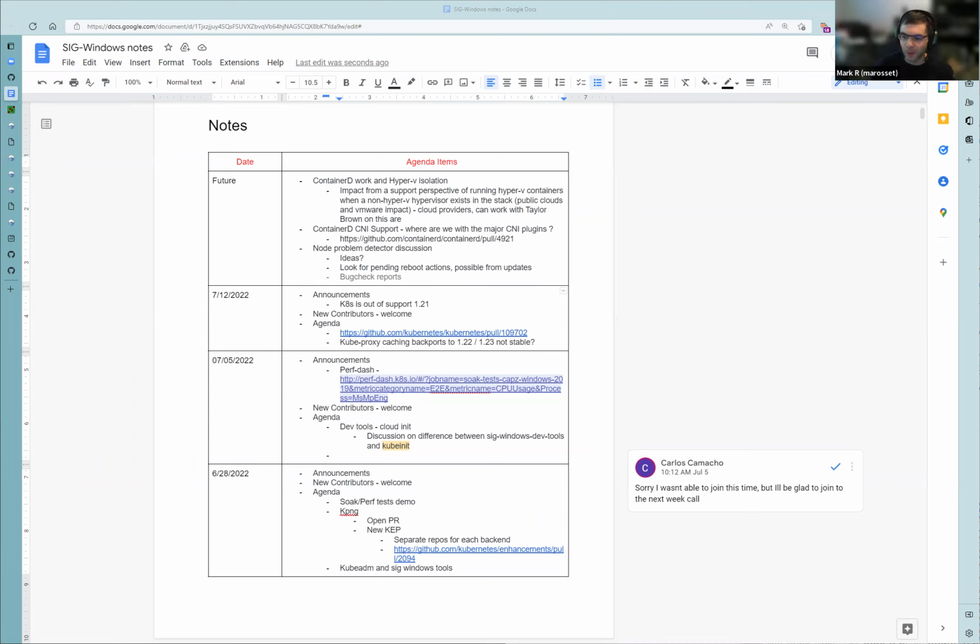I'm actually not too sure about that. I've wanted to change how we build the host process container images for a while now. I think a little bit of it is just tech debt and not enough resources. But we've also talked about this in the community meetings before: we're hoping that those host process images are very short-lived.